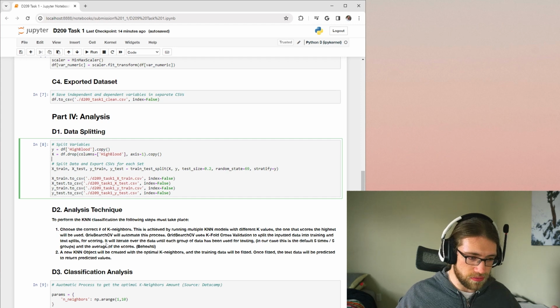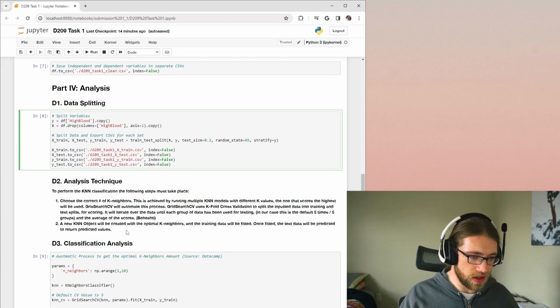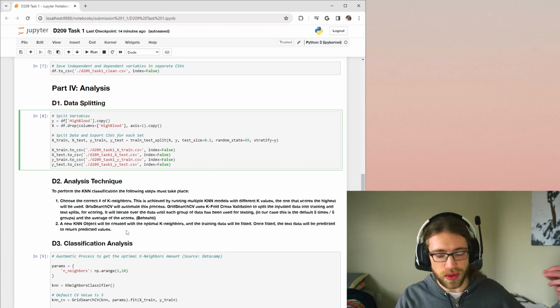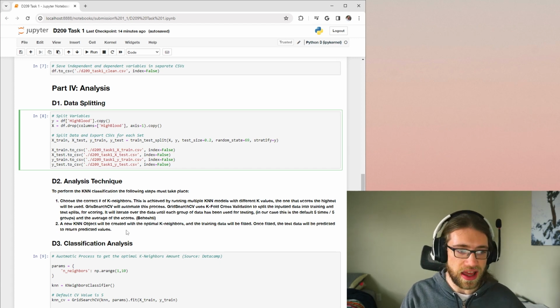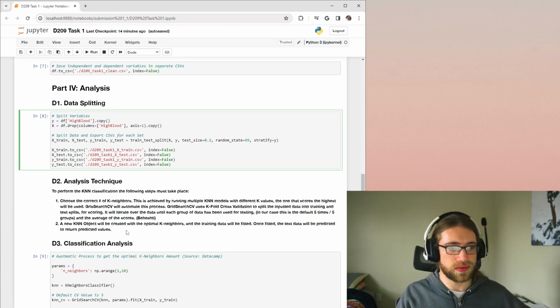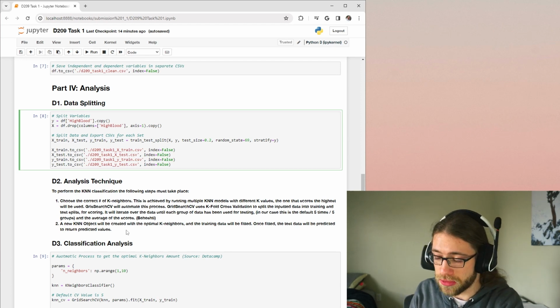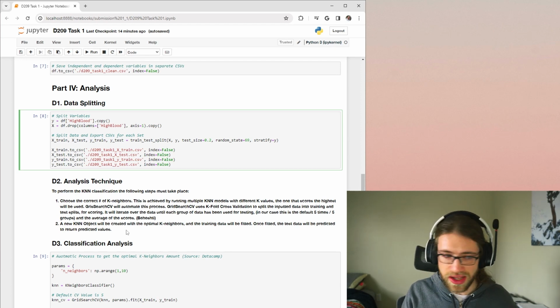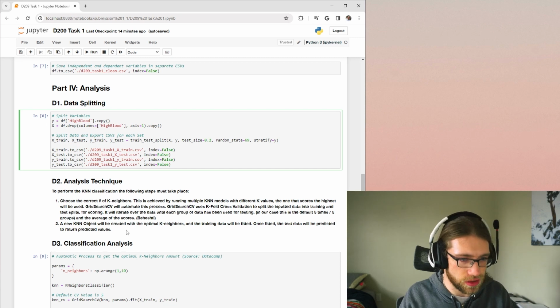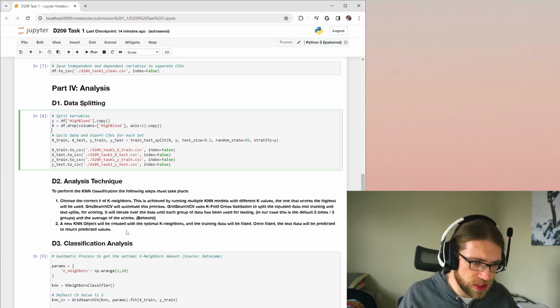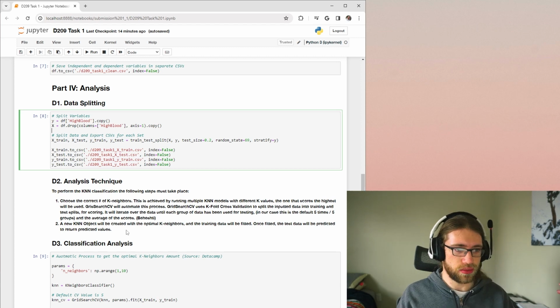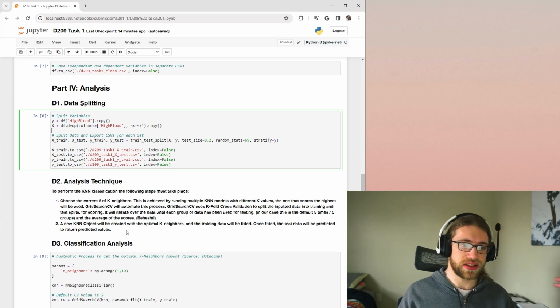After running many of those through grid search CV, we're able to find the one with the highest score, and we use that one to create our optimal model that we actually run everything through finally. So we're using grid search CV to automate this process, and the way grid search CV works is it uses